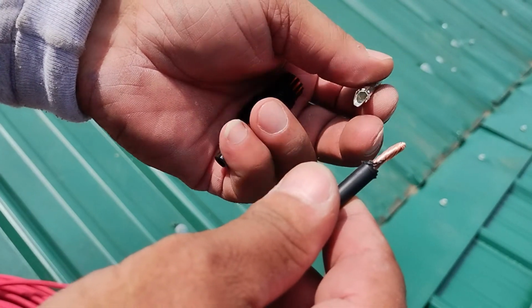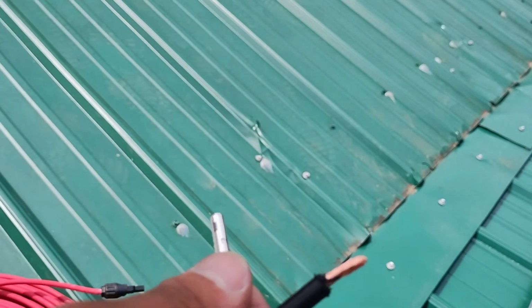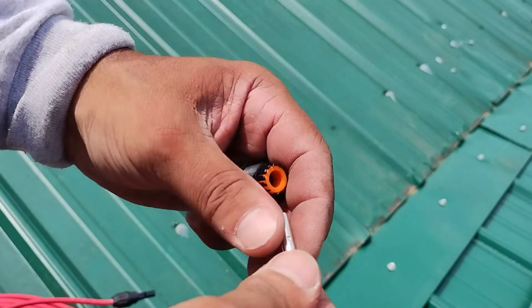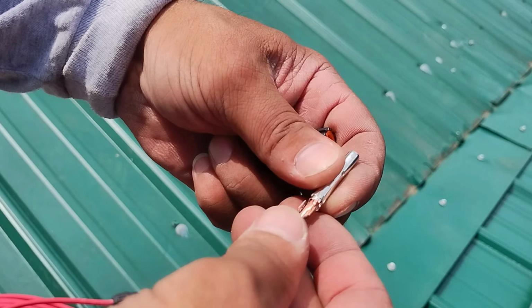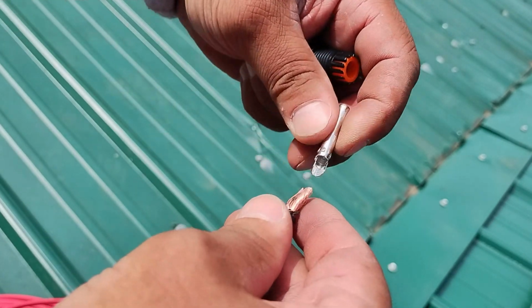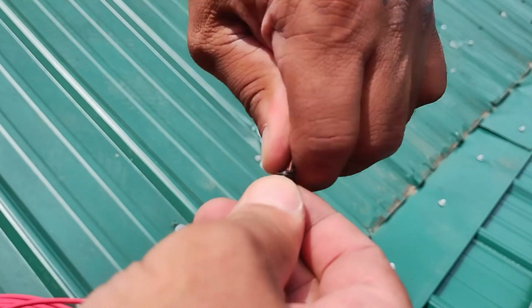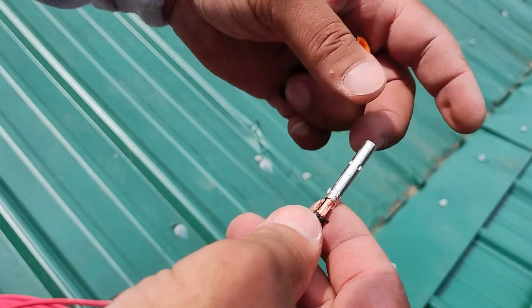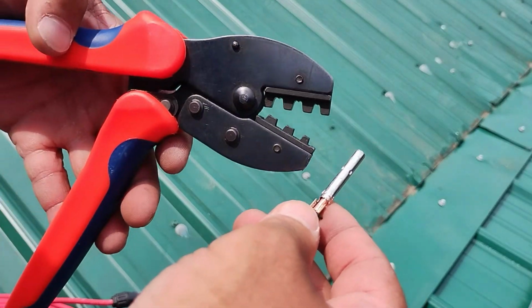Making an MC4 connector that I have to connect to this end. So I'm making the male. So I stick it in